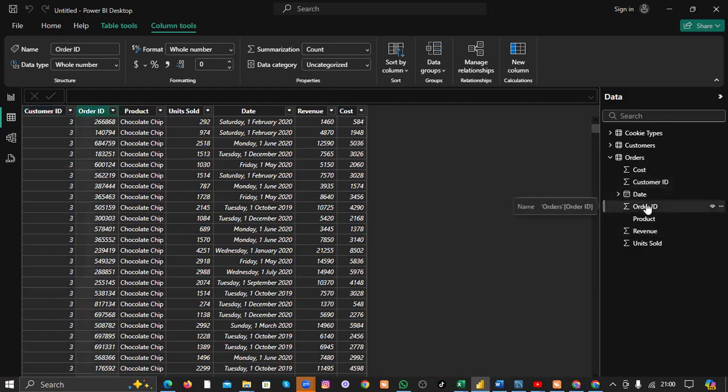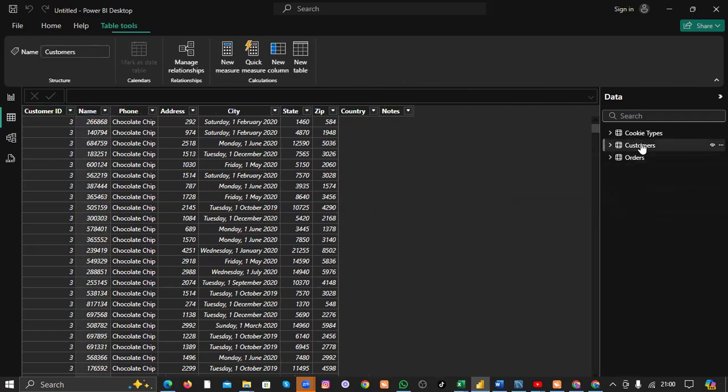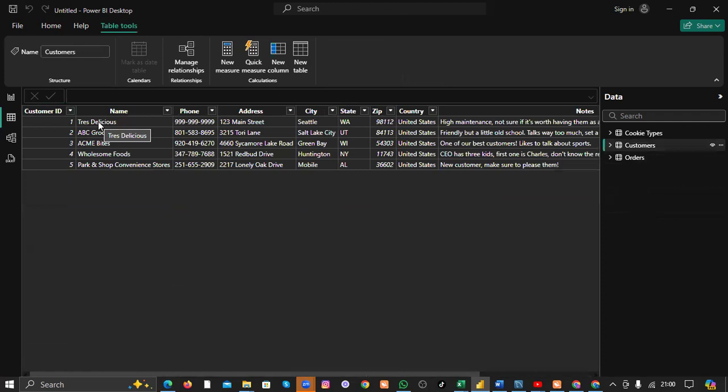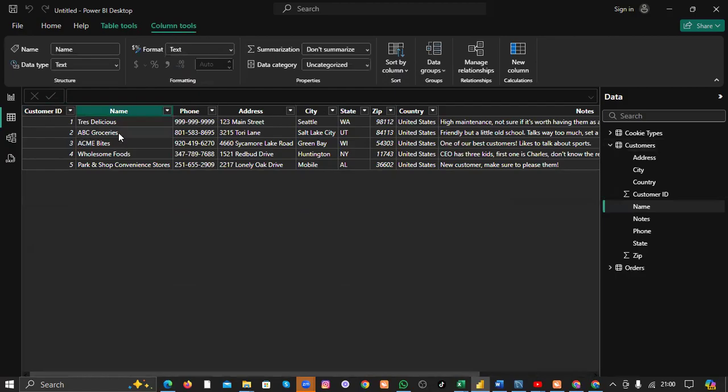Let's open the order table. Now let me close this table and open the customer table. You can see that this company has only 5 customers: Tres Delicious, ABC Groceries, Acme Bites, Wholesome Food, Pack and Shop Convenience Store. So they have only 5 customers. So maybe you cannot just become a customer in this company. Maybe you have to register, or you have to be referred by someone who is already a customer. So maybe the registration